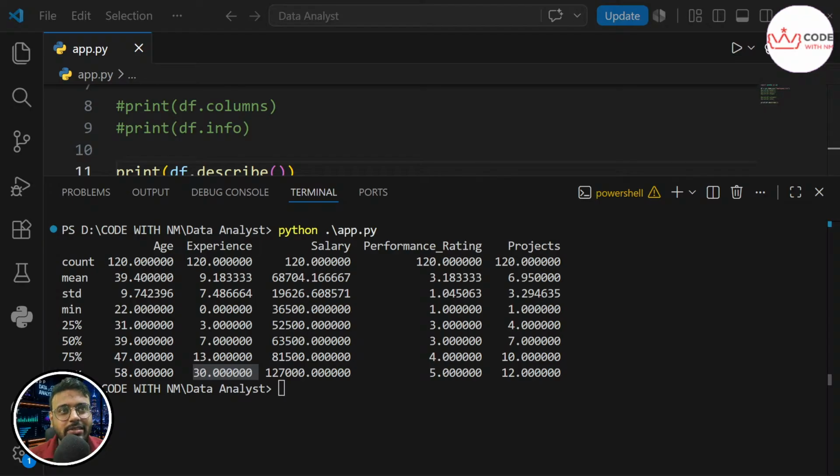Which is nothing but 25%. So with this data, I can quickly identify that only 25% are older than 47, because 75% are in the range of 47. So the remaining 25% are above 47. Understand this?